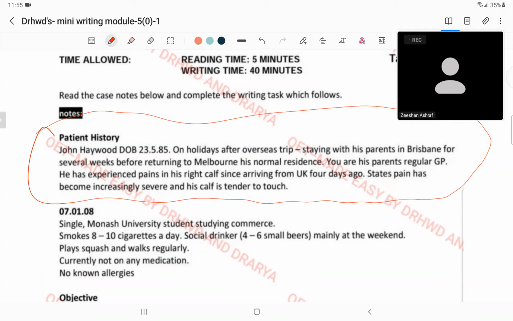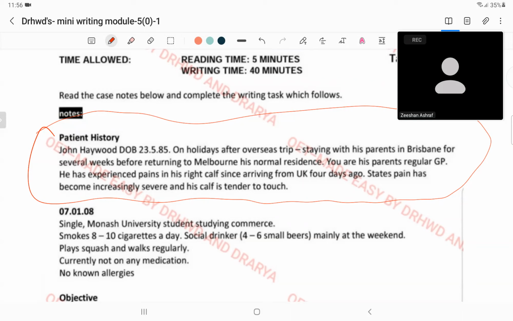overseas trip, because the GP already knows. What he doesn't know is that he had started to experience calf pain. When you go for a foreign trip in other countries, you inform your GPs. You might take some shots because in different countries there are different pandemics and endemics. So you have to take shots from your regular GP. You have to get appointments to be safe for flight.